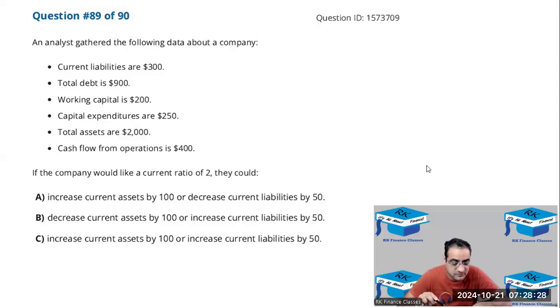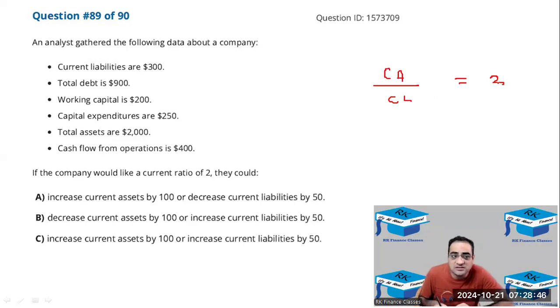All right, so the question had a lot of data. To just look at the data that you require, that is it. That was the only challenge with this question. You have to calculate the current ratio. You wanted the current ratio of 2. So current ratio of 2 means current asset upon current liability should be equal to 2.